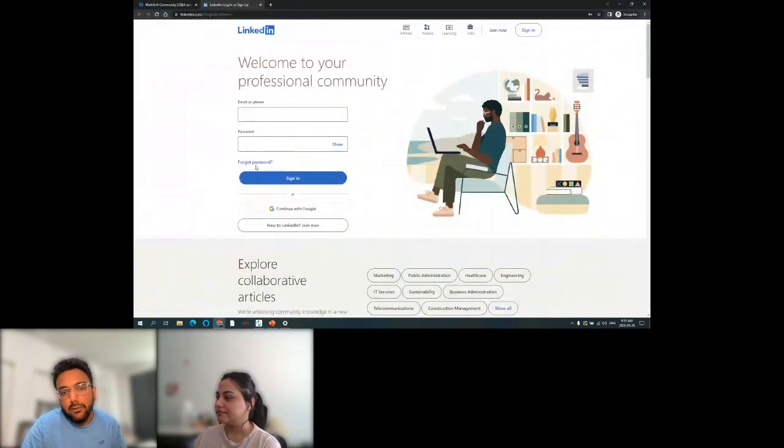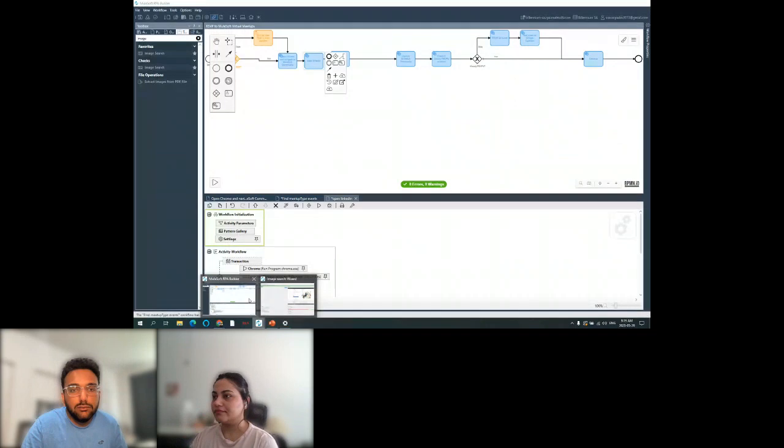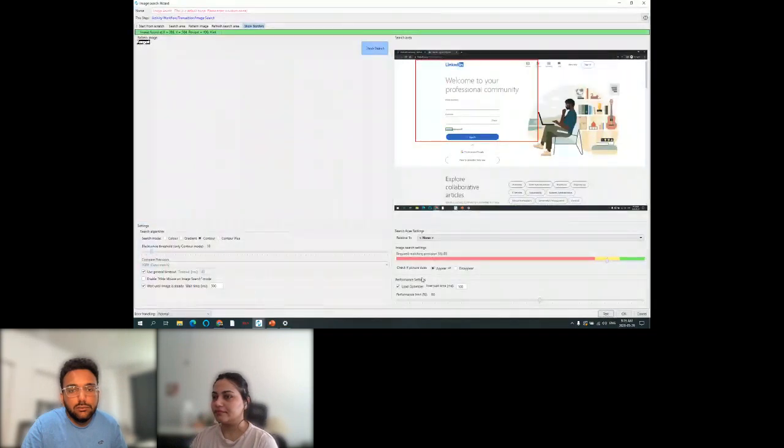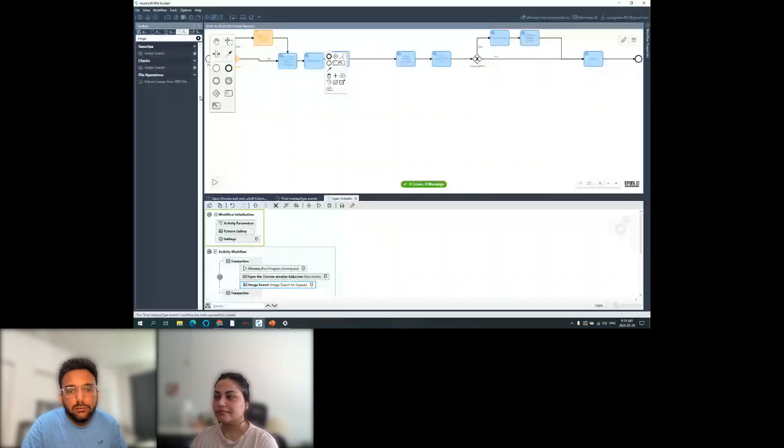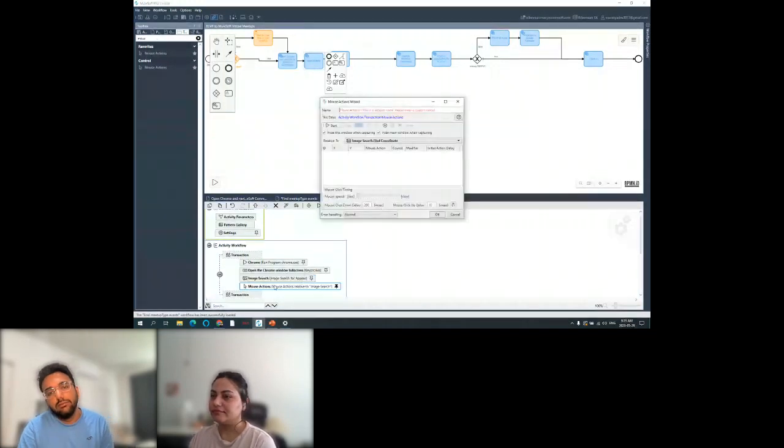We have now found the forgot keyword, but we didn't click yet. So for that, what we need to do is click on OK, and then search for mouse actions. I will drag and drop after this. It's a step-by-step process, right? So it should be the next step. Click on mouse actions.